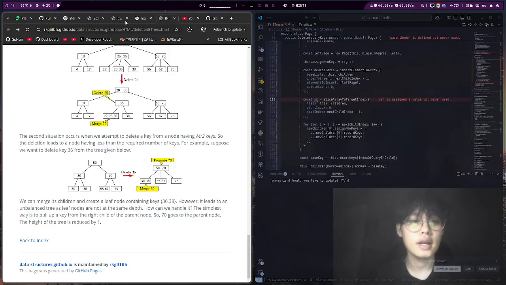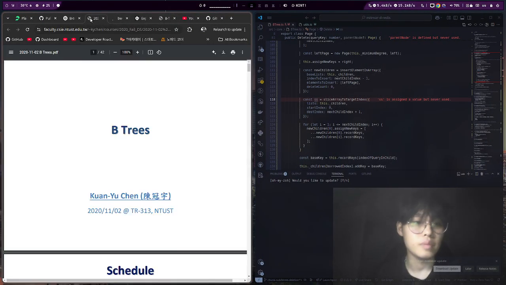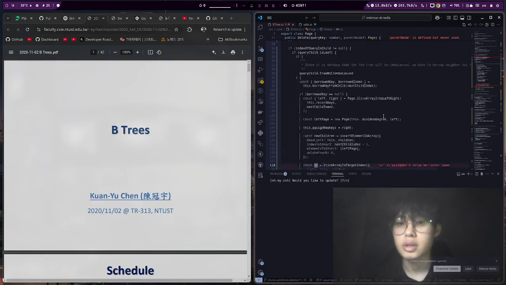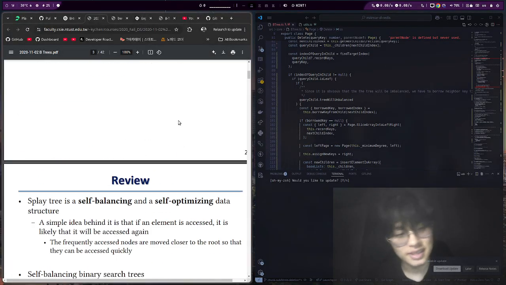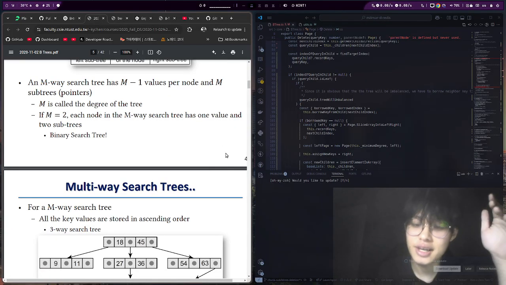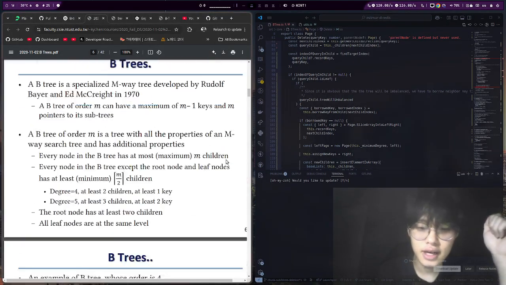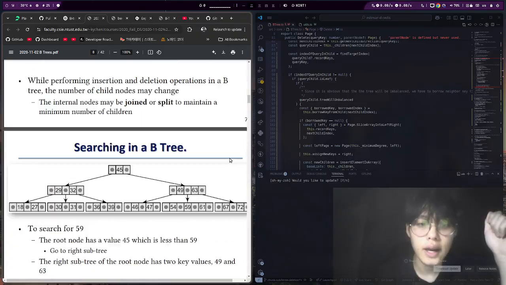Like yesterday, I talked about B tree deletion, and I'm trying to implement it, and it's hard. It's really hard implementing a B tree using TypeScript, JavaScript. It's kind of hard. So I read